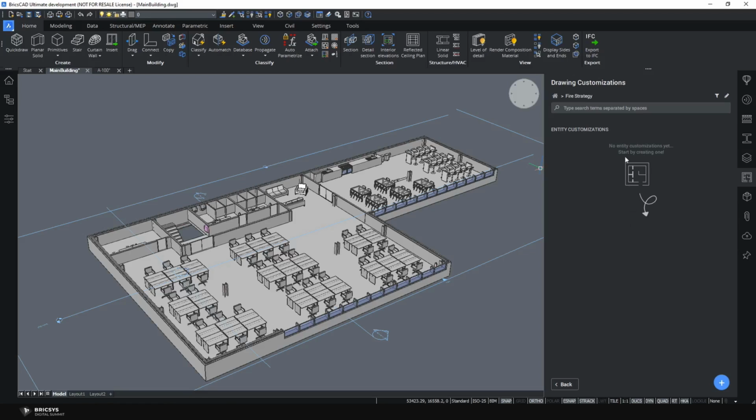So the first thing we need to do is add a new entity customization. That's the first thing you will see. An entity customization is actually how a certain group of elements that you have filtered in a tree. So you filter your model, and you filter based on a BIM type. For example, the doors. You want to customize them in a certain way. The entity customization, which is this,